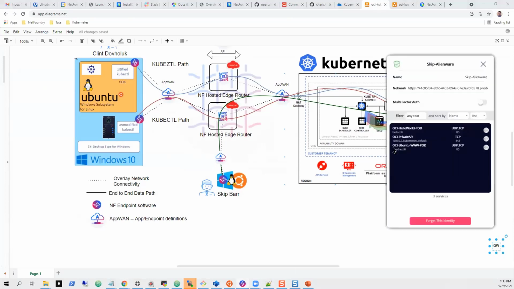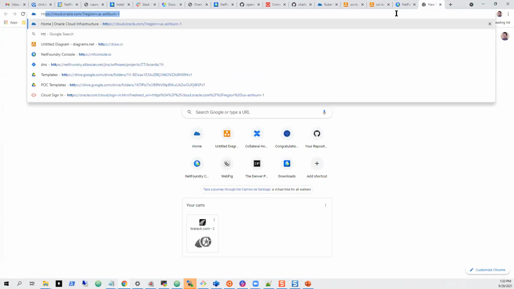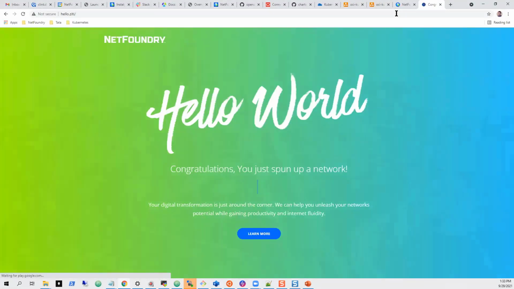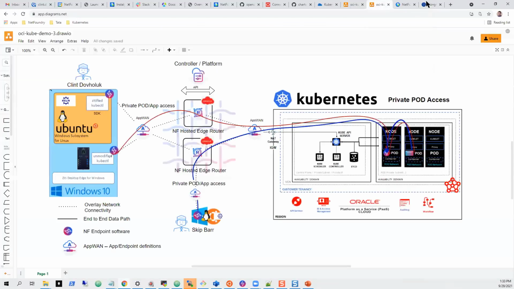Additionally, I should have access to hello.zd from here. Yeah, so that's the pod neighboring over here I have access to via my client that I'm on. And I'm not sure that I need to probably correct the Ubuntu as well.